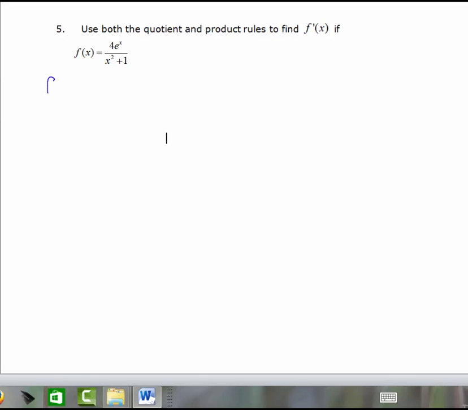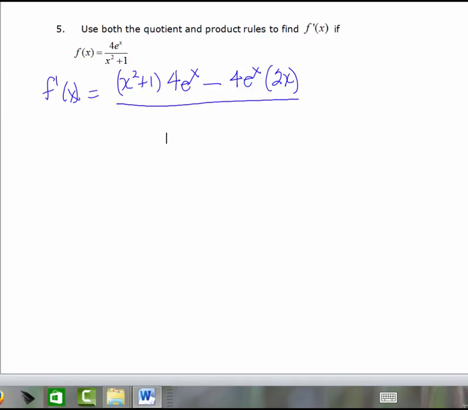Alright, find f prime of x. We're going to have the bottom times derivative of the top. Now you can use the quotient rule, the product rule here, but you don't really have to because you have a constant. So it's going to be 4 times the derivative of e to the x, and we know the derivative of e to the x is e to the x, so it's going to be just 4e to the x. So bottom times the derivative of the top minus the top times the derivative of the bottom all over